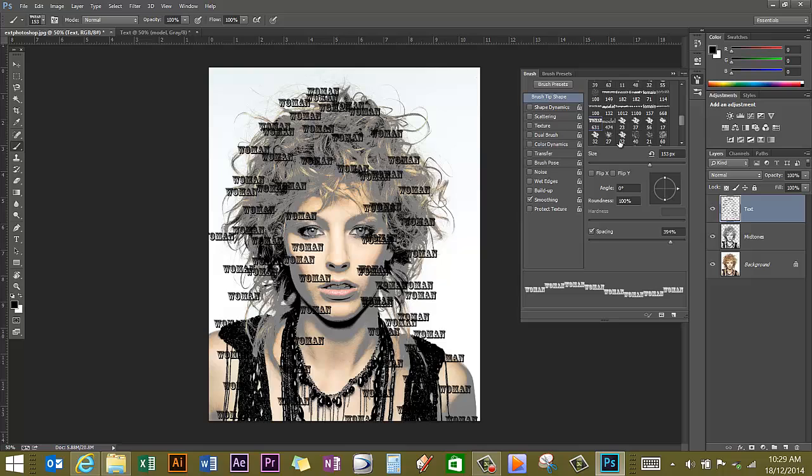I'm going to try one of my other brushes now. I'm going to try model. Again, I need to adjust the spacing. This is a little big, so I'm going to change the size or the diameter. Bring it up a little bit more and maybe change the spacing again and do the same thing. So I'm working all over my image,